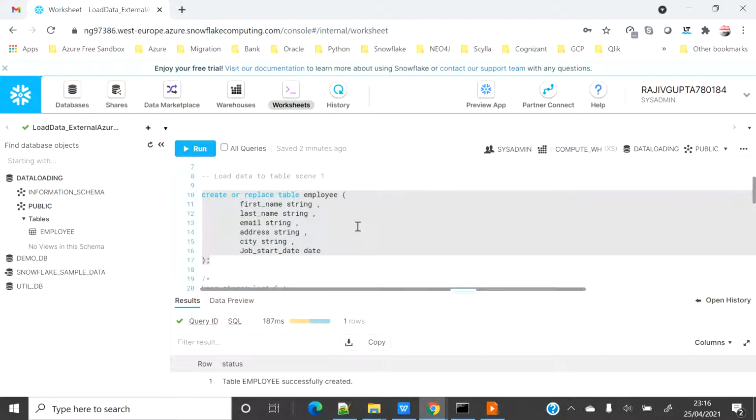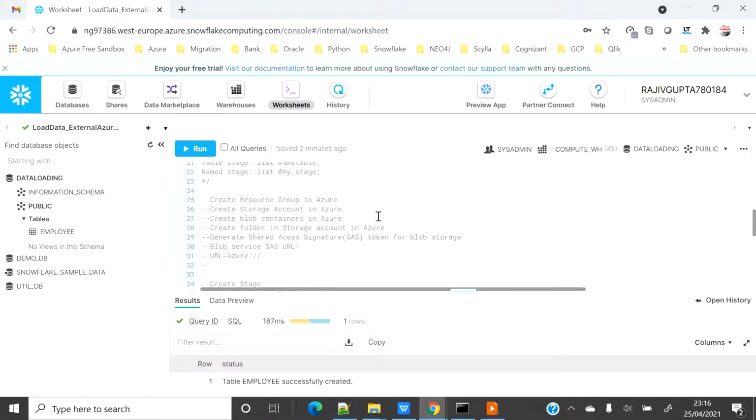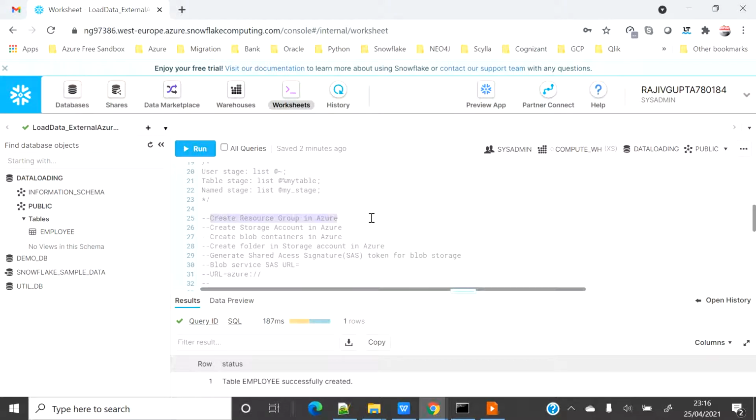But to create the external stage, first I will have to go to the Azure portal. I have to create one resource group so that I can create all the resources under a single resource group. Then I will create a storage account in Azure, and under the storage account I will create a blob container, and under the blob container I will create a folder where I will upload a file.